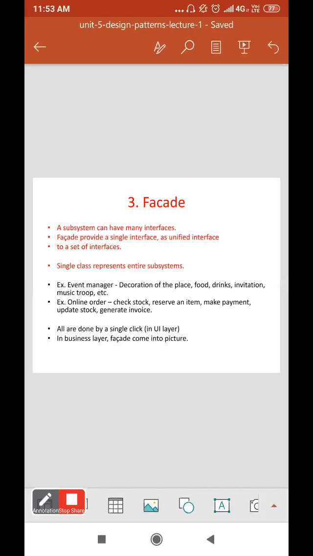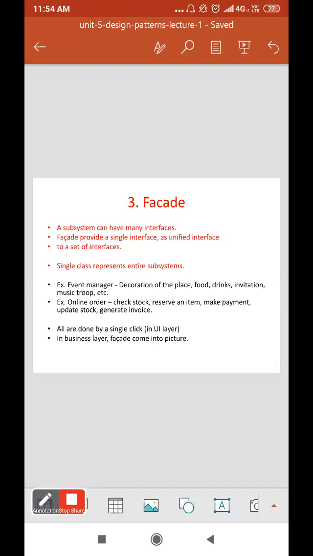An example of an event manager is given here. An event manager, a single person, can handle all of the operations of your event. So it actually works as a facade interface. Decoration of the place, food, drinks, invitation, music, group, all is managed and controlled by the single one.